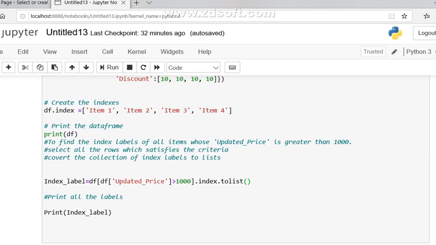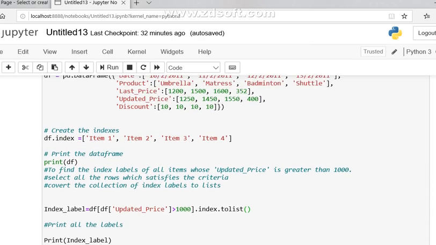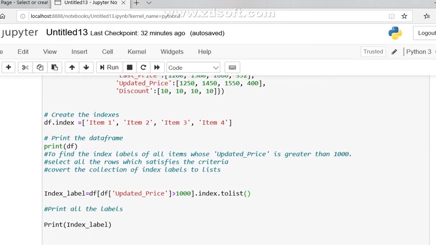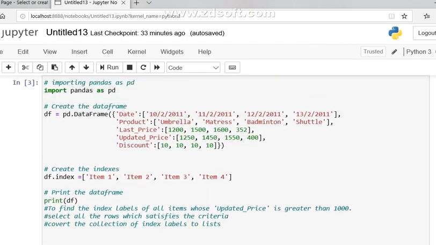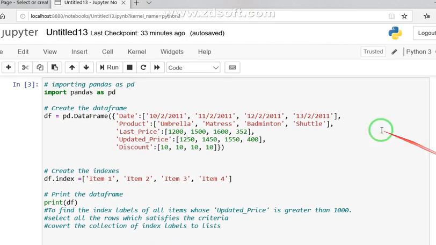So students, I am just going through what our program now contains. First we created the data frame, converting the dictionary into a data frame. Then in the next part we created the indexes, item 1, 2, 3, 4, for the corresponding products, and then we finally displayed our data frame.